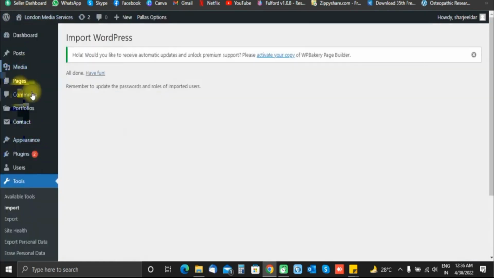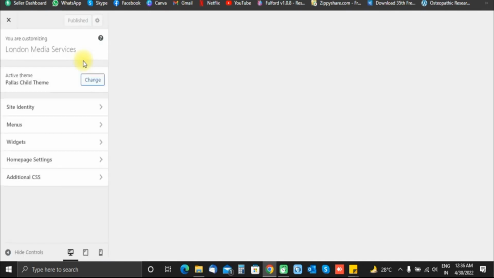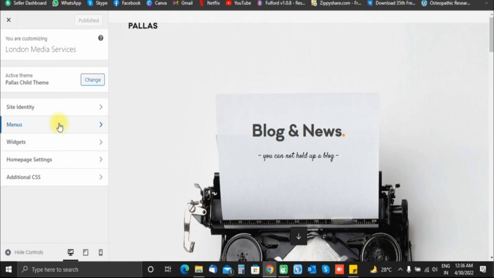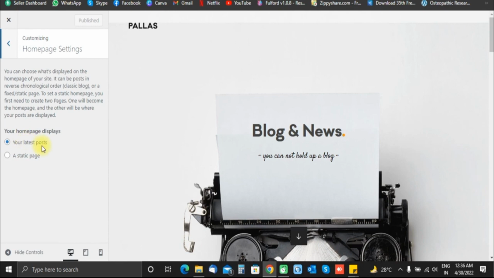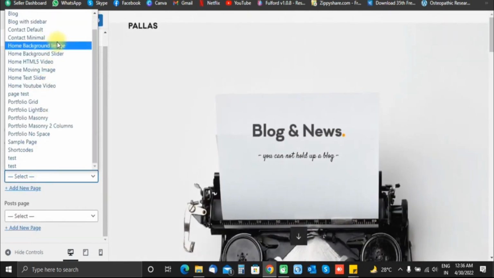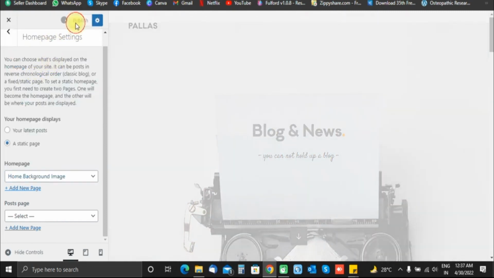So go back to it and go to appearance, customization, and here we need to choose the home page, the best part for website intro. So for website overview, we need to change the home page. So here it's the latest post, a static page. Here we have a lot of home page demos. You can see in the demo page link, and what I'm going to choose is home background image. I like it mostly. So click on publish,